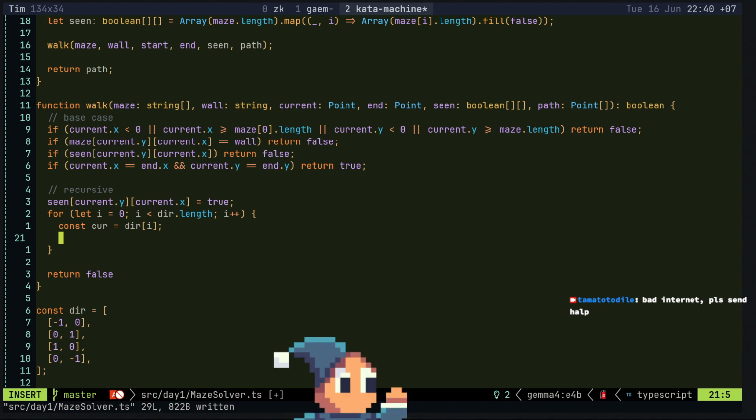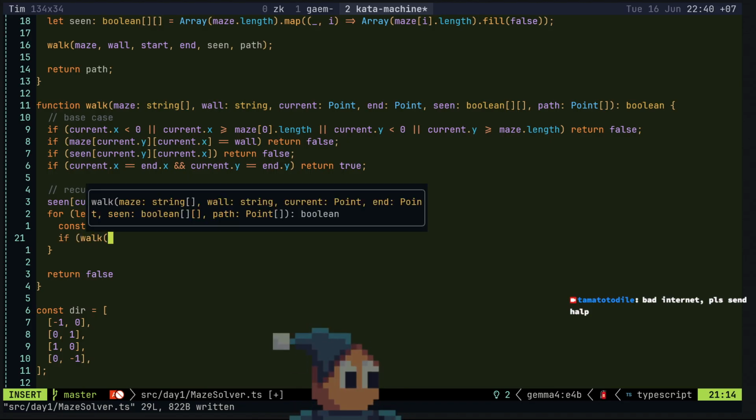We're just going to walk again in the current direction. Given the maze, given the wall, given the new point.